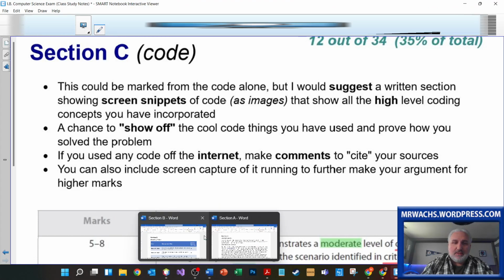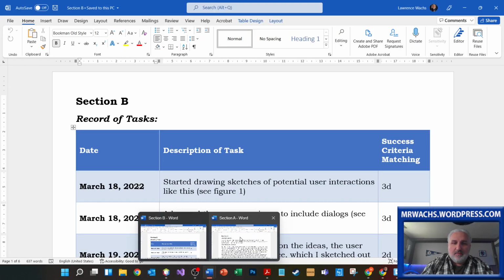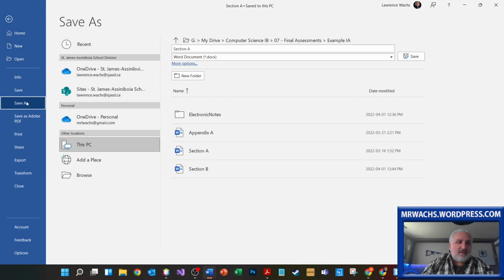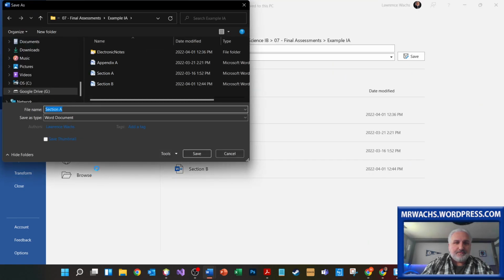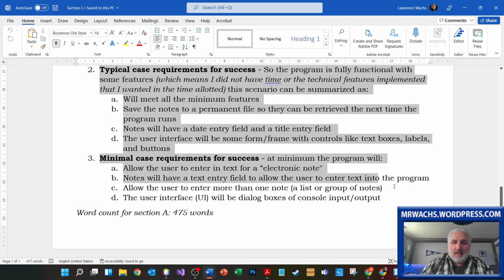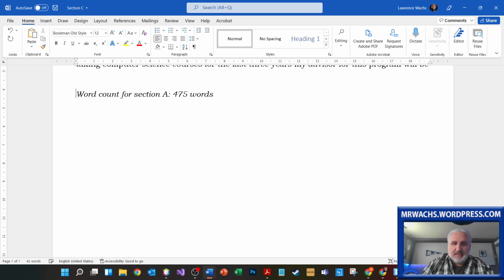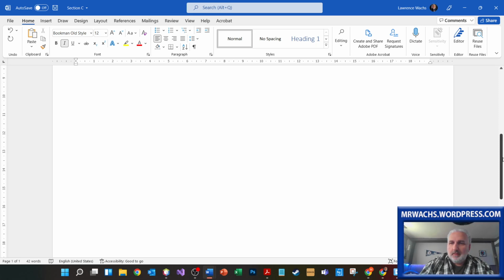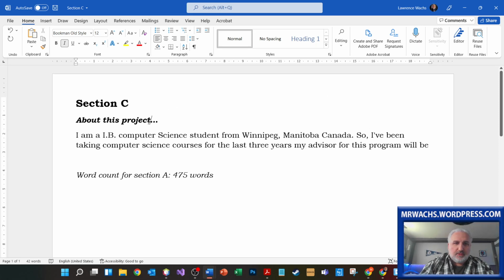So I'm going to take this opportunity to open up one of my written sections, section A, and save it so that I can make a copy of it. It's now a section C. So I have a section A, and I'll have a section C as well. Just get that ready. This will be my section C. It's going to be about code complexity. So I'm going to put that there. This is code complexity